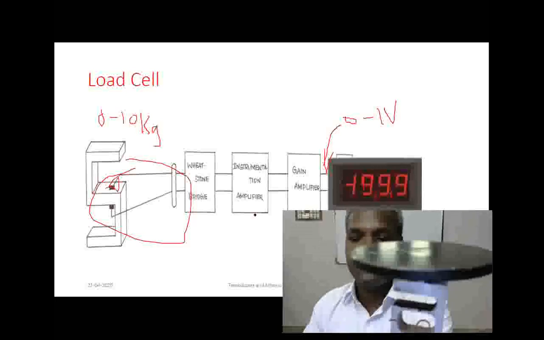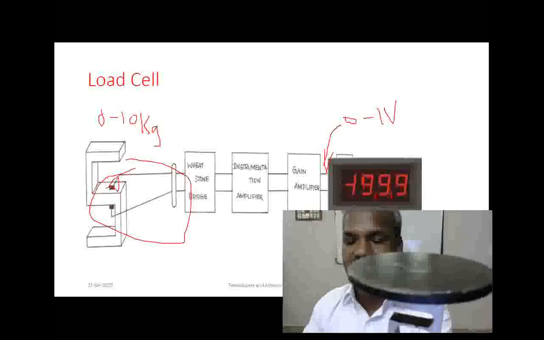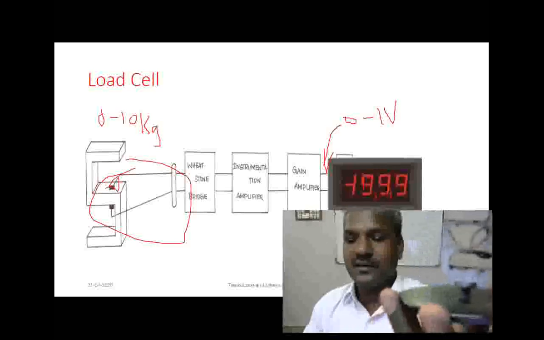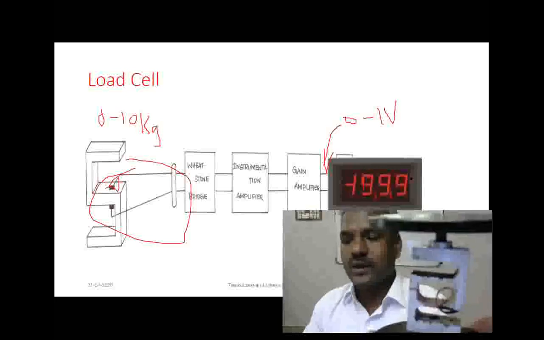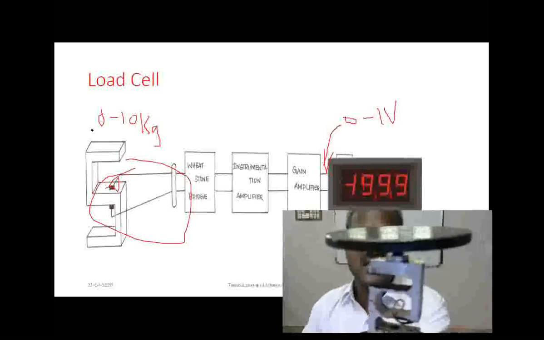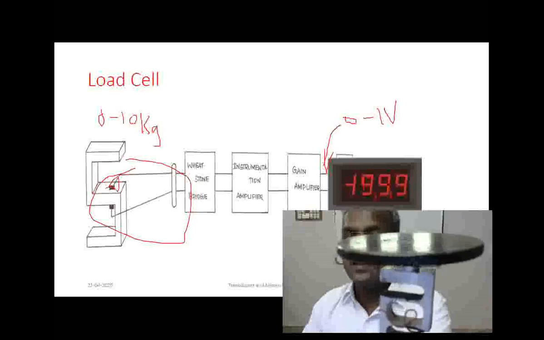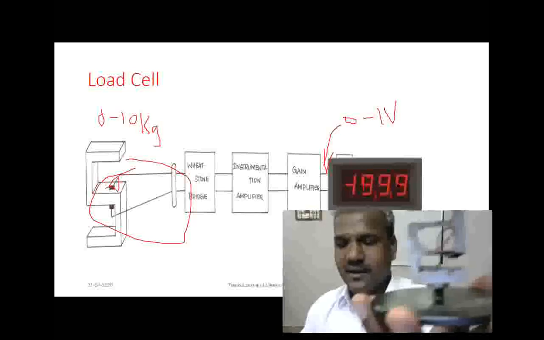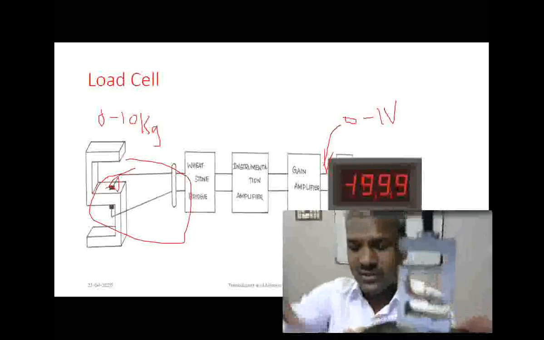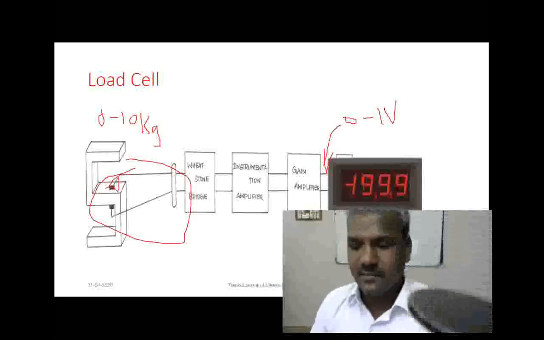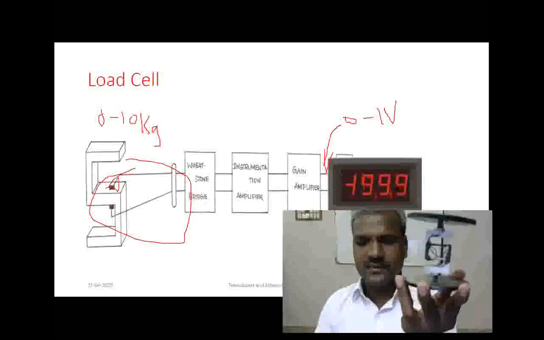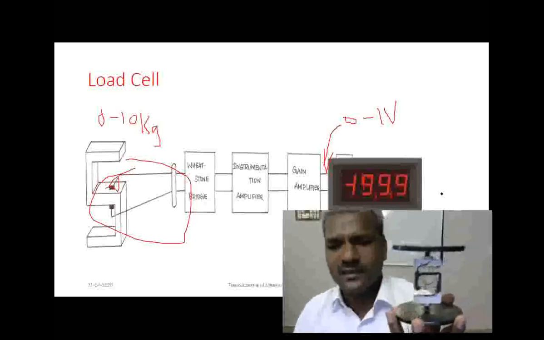Here, when we go for 3.5 digit placing, the resolution is 0.01 kg. 0.01 kg is the resolution of the digital instrument. Understand or not? So this is inside the load cell. Understand? S-shaped load cell. Okay.